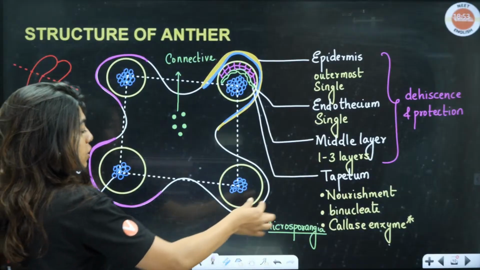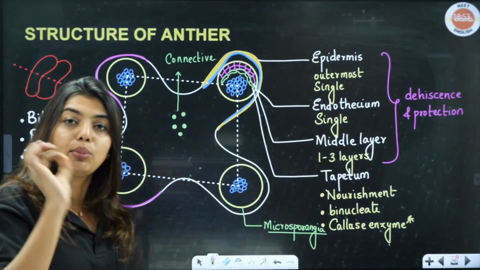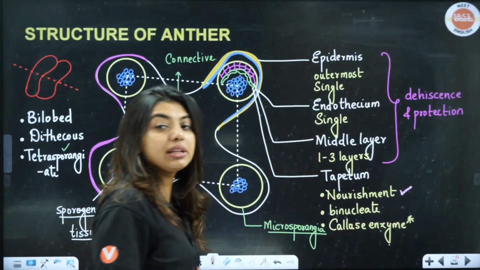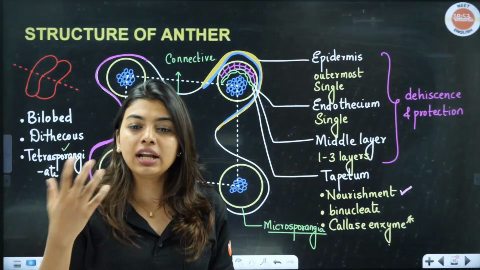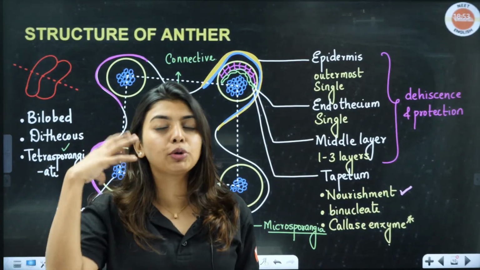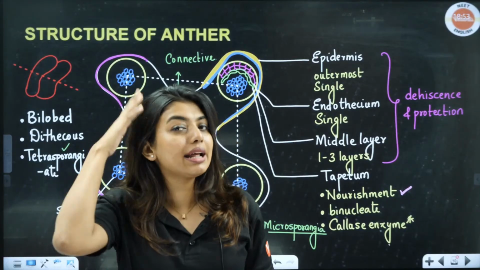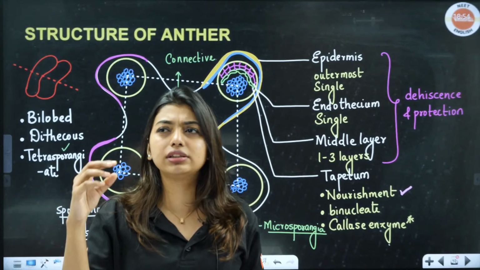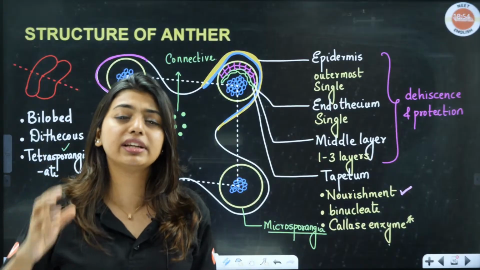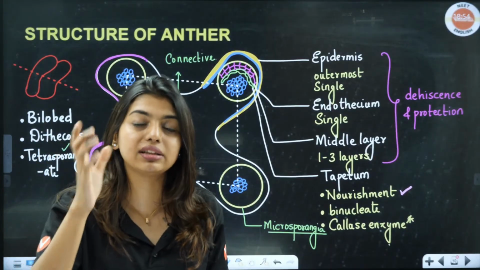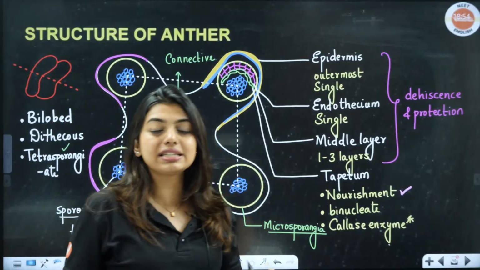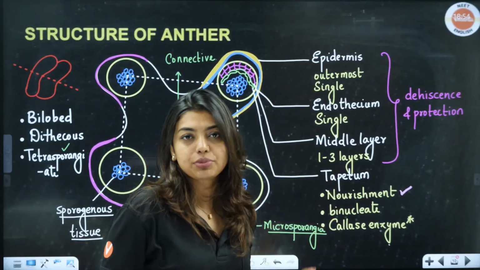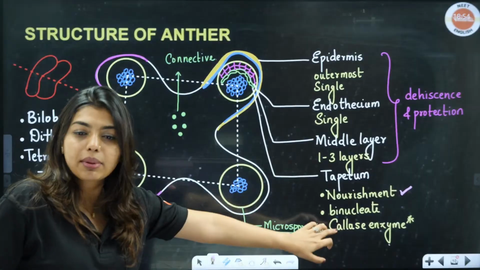Clear? Now the tapetum. The tapetum is the innermost layer, but it has so much importance. It helps with nourishment. For example, we put oil on our head, right? Why do we do that? So that our hair gets nice nourishment. There is coconut oil, olive oil, castor oil, almond oil, everyone uses different oils. Why? Because the hair should get nourishment. In the same way, who provides nourishment to the growing pollen grains? The tapetum. Tapetum is going to provide the nourishment. Clear? Tapetum is multinucleated.